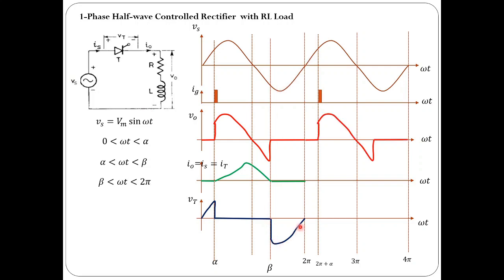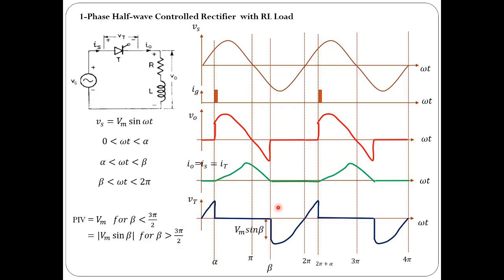So this is the operation of the single phase half wave controlled rectifier with R load for one cycle, and the same thing would repeat for the next coming cycles also, that is from 2 pi to 4 pi and 4 pi to 6 pi respectively, the same way. And here the important parameters that one has to remember are these.